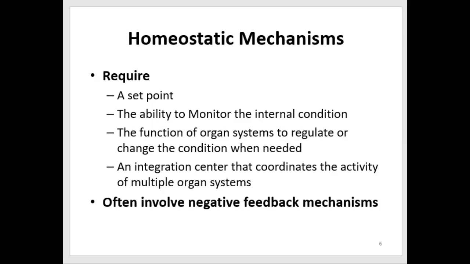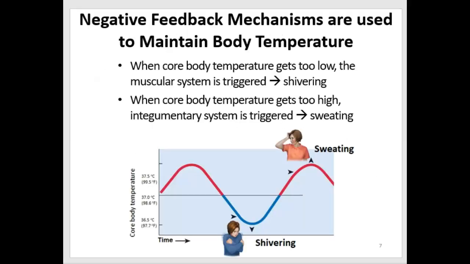So that integration center coordinates the activity of many organ systems to keep the value at the set point. So this often involves what we call negative feedback mechanisms, and I'm going to explain that with body temperature for you. A negative feedback mechanism recognizes when a homeostatic imbalance has occurred. So for example, to maintain body temperature,